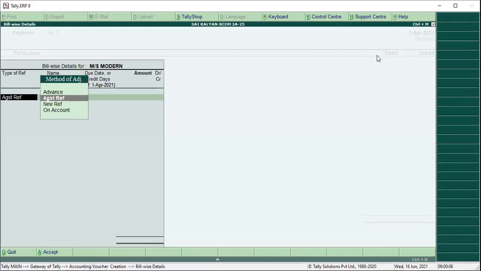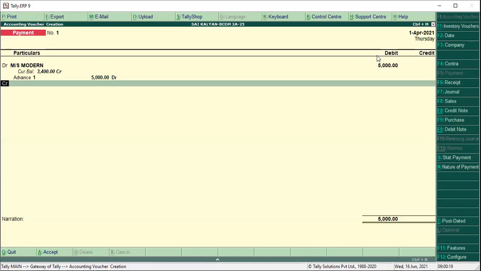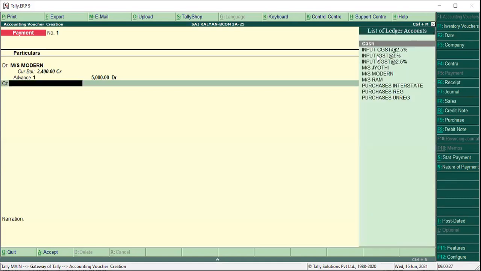Now you see method of adjustment. So select advance, because paying advance. What is the amount? 5,000. Okay, 5,000. Then how is he paying? Let us assume he is paying by cash.